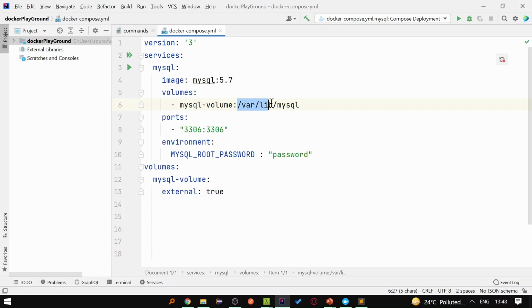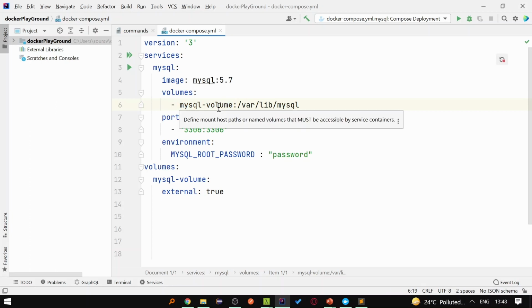So any changes on the var/lib/mysql in the container will be available on the MySQL volume and vice versa. So we are telling that all the changes on the MySQL container will be available on the host machine, that is the MySQL volume.